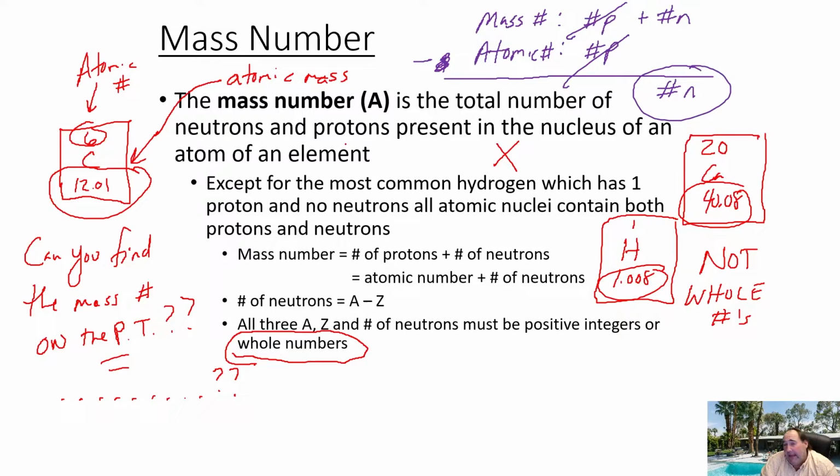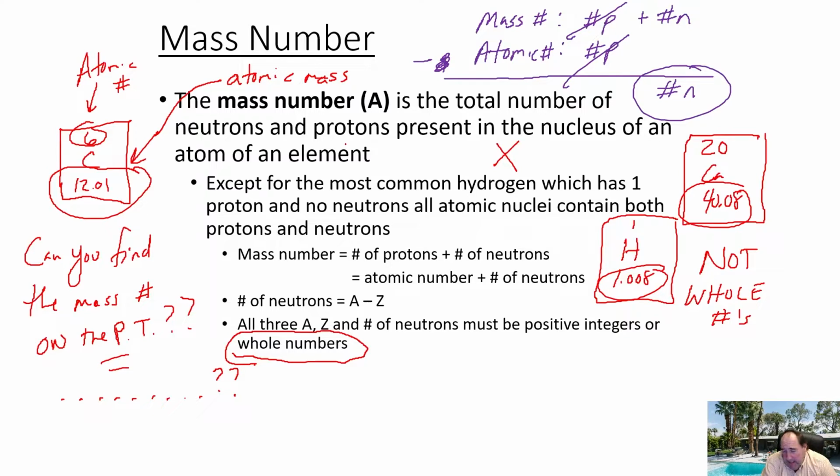So why do people do that? It's really very common, and it happens a lot. And it does make sense, because in a lot of situations the number you see on the periodic table is very close to the mass number. So people just think, oh, well, maybe the mass number is just the rounded version of what you see on the periodic table. And it's not. There's a similarity based on things like how many protons, electrons, and neutrons there are, but that is not how you find it.